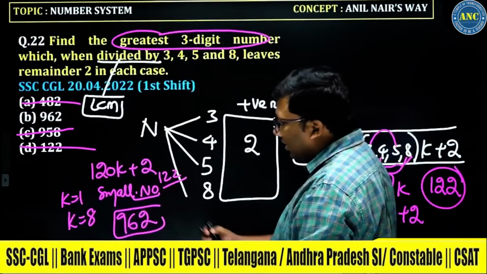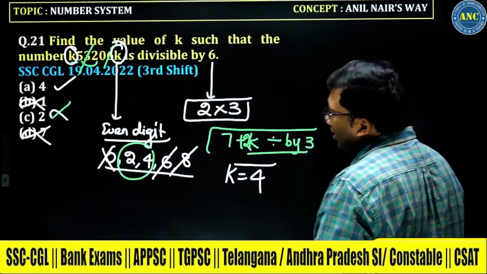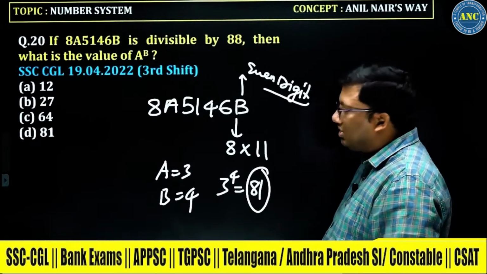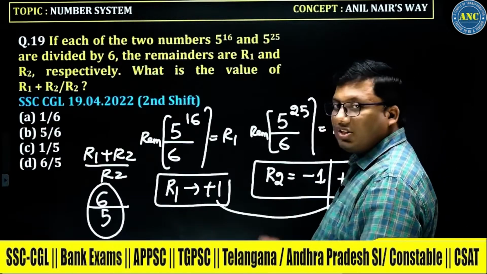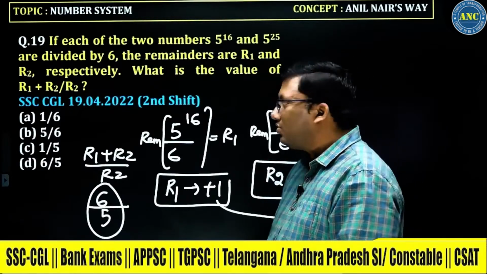Greatest 3 digit number, K value 8. Smallest number, K value 1. The divisibility rule of 6 we discussed. This question we already discussed. The question contains variables, the answer contains numerical values. Substitute